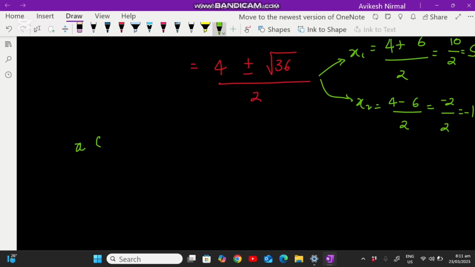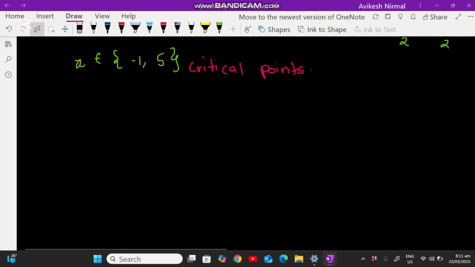So x is an element of minus 1 and positive 5, and these points are also called the critical points, which I will use to sketch the graph. So after finding my critical points, I will then go ahead and plot my axes, so something like this. And now I know that -1 is somewhere here, and let's say 1, 2, 3, 4, 5 is somewhere here, and